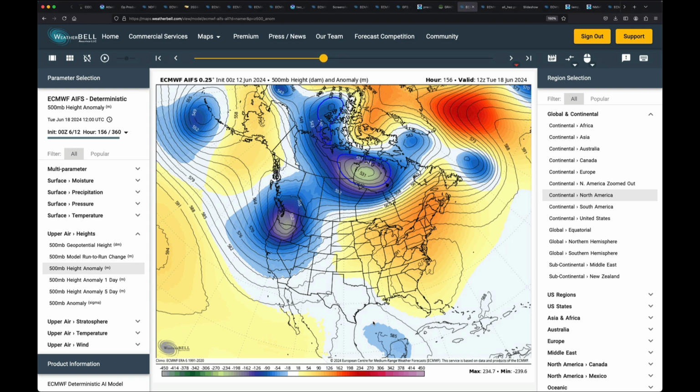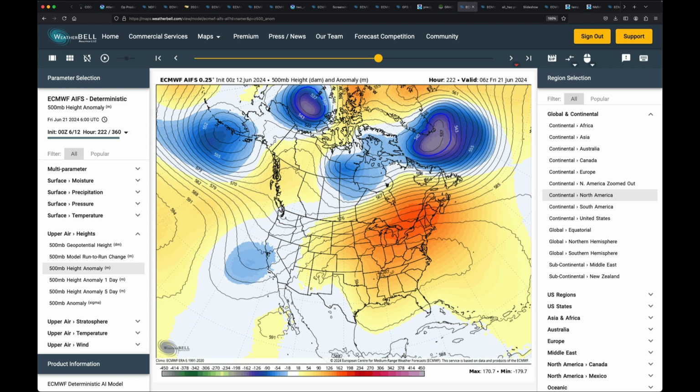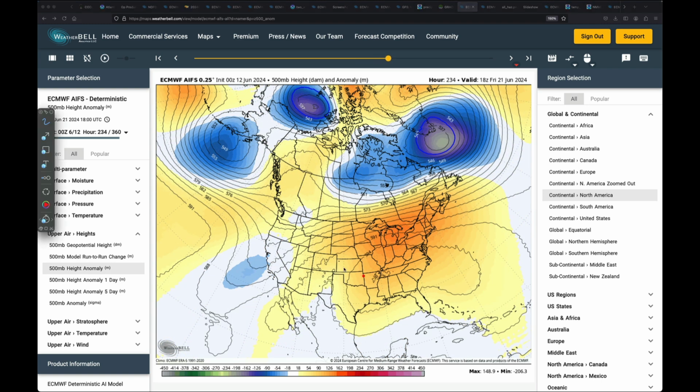This is early morning Tuesday, the 18th. So we go through the 19th and then the 20th into Thursday, and see that ridge just kind of cementing itself, at least on this forecast here from the ECMWF AIFS, as we go through the end of the week next week, keeping the heat around, prompting a little bit of heat concern here in the eastern U.S., parts